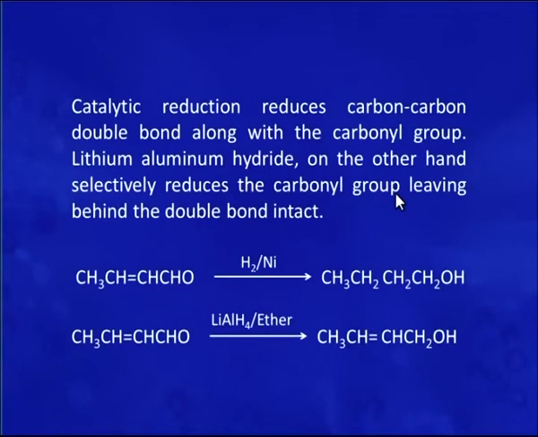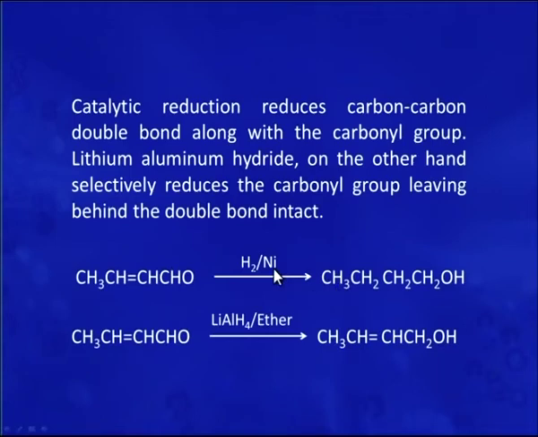Catalytic reduction reduces the carbon-carbon double bond along with the carbonyl group. Lithium aluminum hydride, on the other hand, selectively reduces the carbonyl group, leaving the double bond intact. For example, in the case of an alpha beta unsaturated aldehyde, if we reduce it with hydrogen in the presence of nickel, or